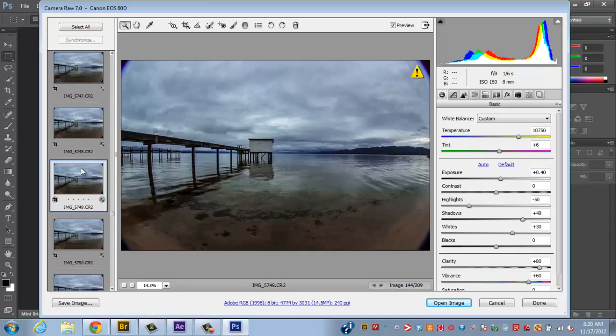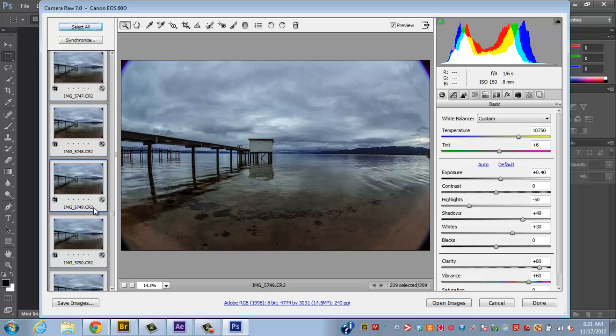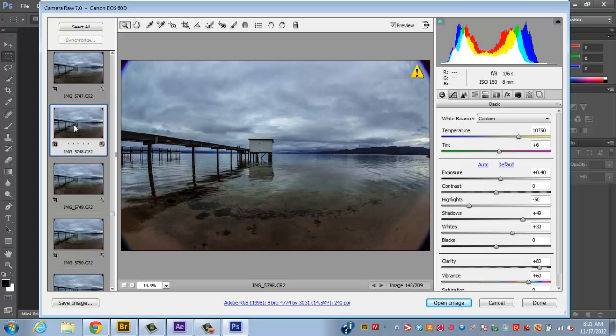So let's go ahead and click on one, and this is already edited. So I want to show you what I started out with, okay? So in order to edit all your photos at once, all you do is select all, and that'll select all the images. And then you can tweak them, and it's going to apply the same effects to the entire range of images. I'm just going to select one for now just so I can show you. I already got them how I wanted, but I'm just going to tweak the levels back down and show you what I started with. So let's just put everything to 0,